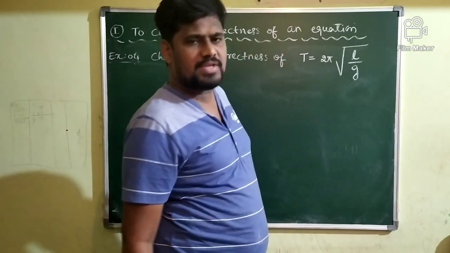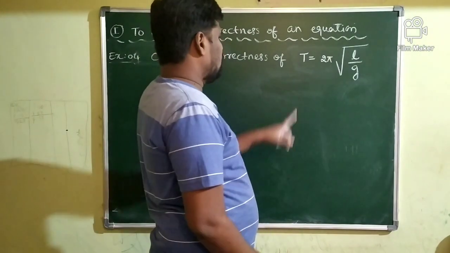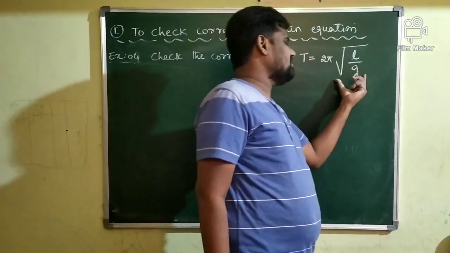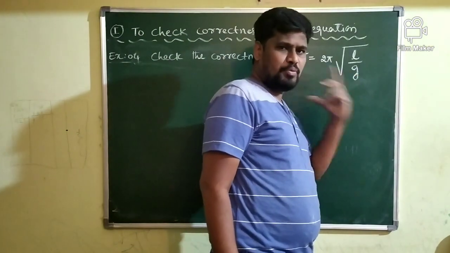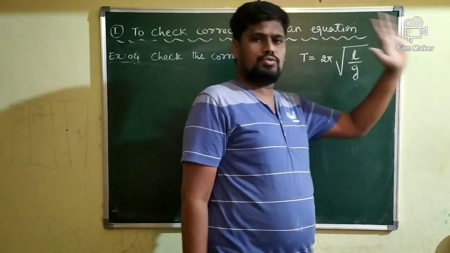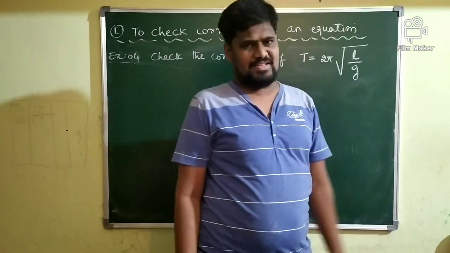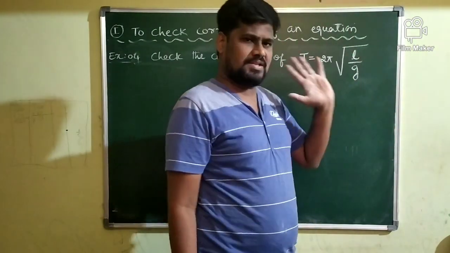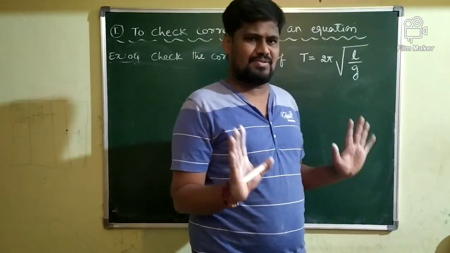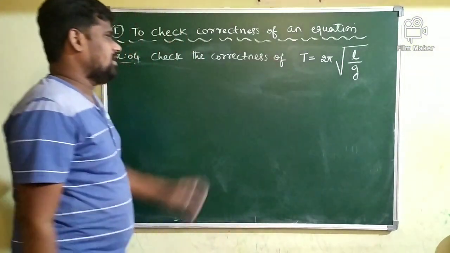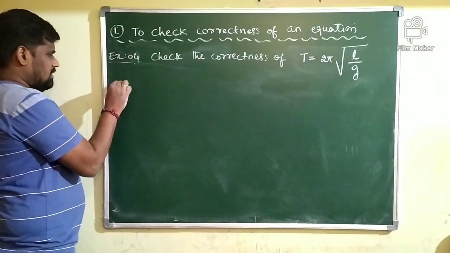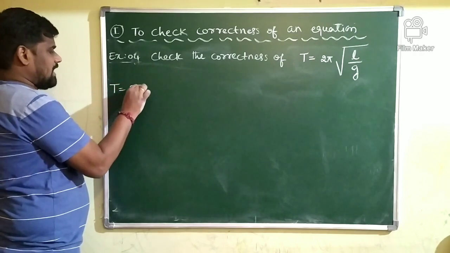So, how many terms do I have here? Two terms. One term is in the LHS and another term is in the RHS. We have to prove that the dimensions of LHS are equal to the dimensions of RHS. If you prove that the LHS and RHS dimensions are the same, that is enough. Then the equation is dimensionally correct. So first I will consider the LHS here. T. What is T? T is a time period.